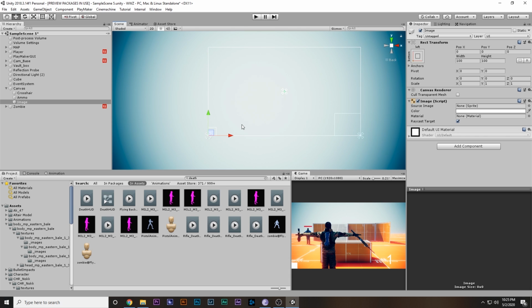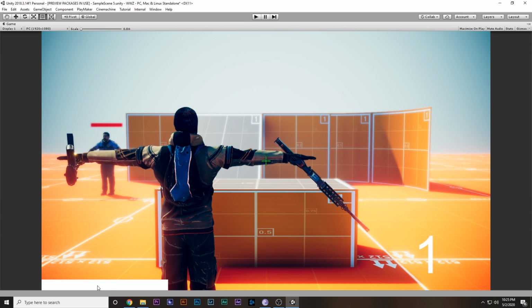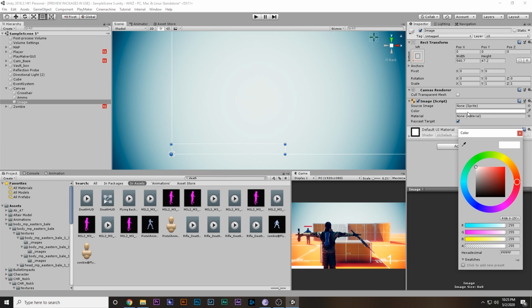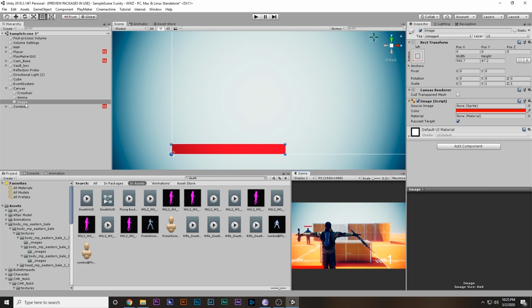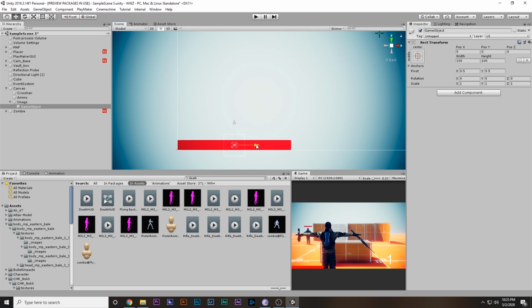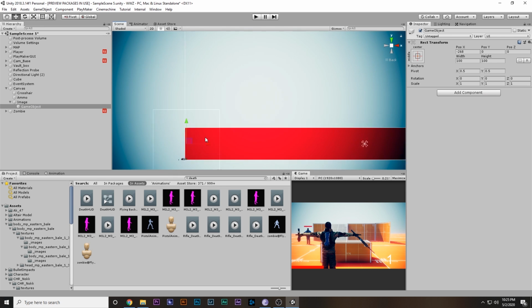Of course in the future videos we can simply change the location and all that, but next thing I'm gonna go ahead and make the health bar a little longer, just like that, or make it smaller and make it thinner. Just over here will be the health bar. I'm gonna set the color to red. There we go. Now you can see the health bar, and then I'm gonna go ahead and right click, create an empty game object in here, and bring it right in the corner as we did in the last video for the health of